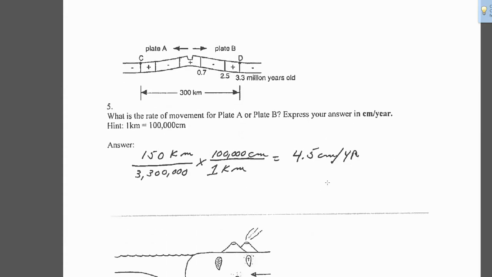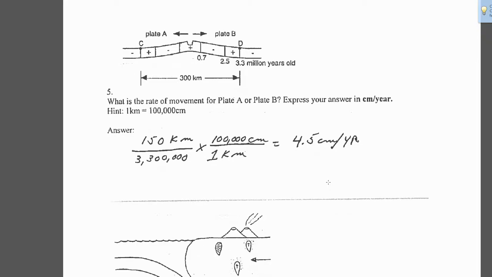Question number 5, what is the rate of movement for plate A or B? Well, we did several problems like this. So here's the ridge here. This is where the magma will come to the surface. So it spreads at the same rate on either side. So we know this would have to be the 0, and we're looking to the point where it's 3.3 million years old, and halfway,